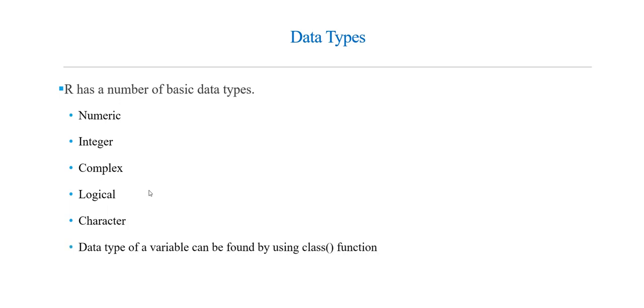Okay. So in case you want to find the data type of a variable, you can make use of this function class of. Okay, so now we have saved a value 10 in a variable a. So in case you want to find the data type of the variable a, you can just make use of this function class of. So class of a, when you execute this function, you will get the data type of a particular variable. Okay, so now let's see the different types of each variable in detail.